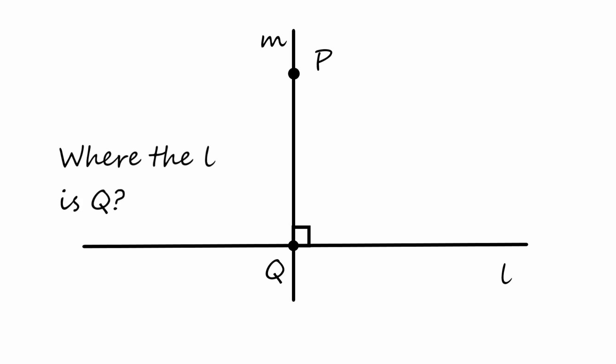If the point P is not on the line L, then while the line M will intersect the line L at some point Q, sometimes called the foot of the perpendicular, and will make a right angle there, we have no information about where on the line L that point Q is. That is, when we create a perpendicular line this way, we can't choose where it lands on L.